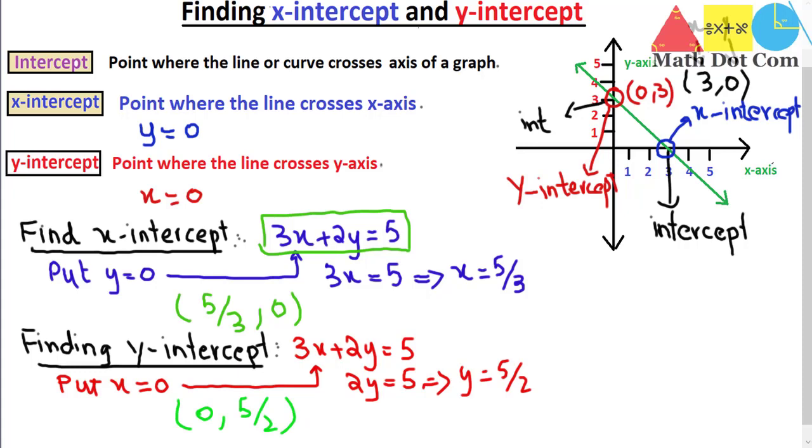Keep this in mind: in the x-intercept we will have y equals 0, and in the y-intercept we will have x equals 0. That is already known, and we just need to put these values in the given equation of the line and find the other coordinate of the point. So this is how you can find the x-intercept and y-intercept